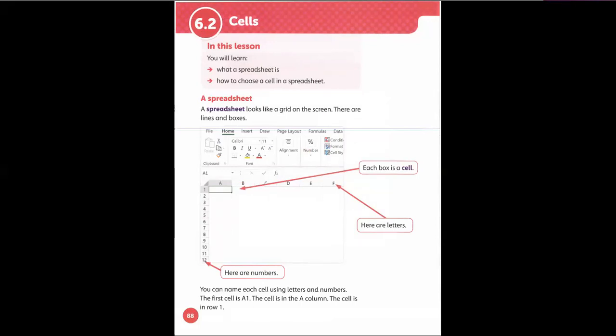M-I-C-R-O, Microsoft Excel. So this is the name of